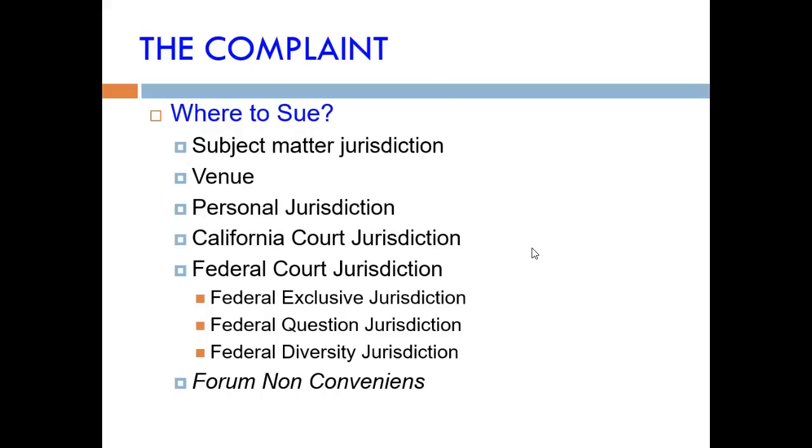One of them is if the case involves a question of federal law in any way, then the federal courts have jurisdiction over that civil case. Okay, we're not talking about criminal cases, because in criminal cases, it's only the state. If the state's the plaintiff in a criminal case, then only the state courts can hear it. If the United States of America is the plaintiff in a criminal case, then it's only the federal courts that can hear that. But for civil cases, if the civil case involves a federal question, so let's assume